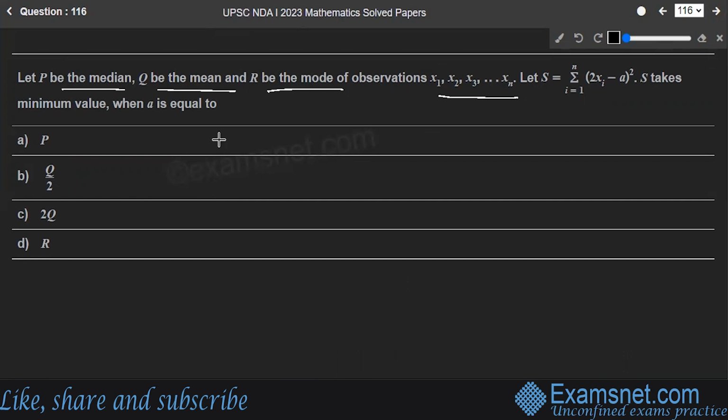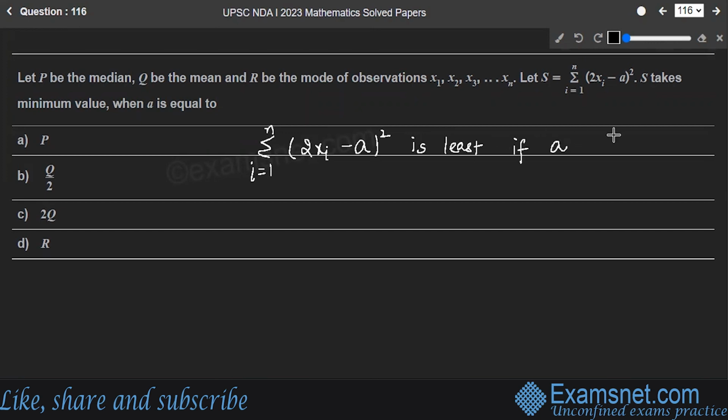So we know that the sum from i equal to 1 till n of (xi minus a) whole square is least if a is the mean of xi. Now, over here, this is least if a is,